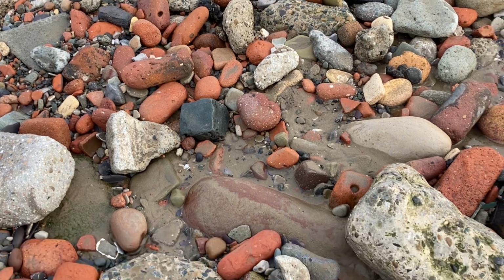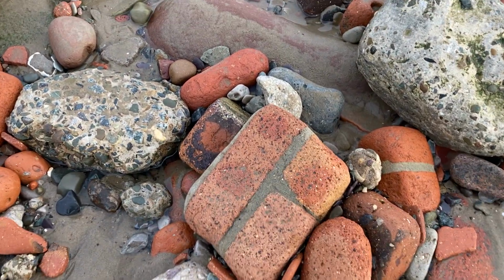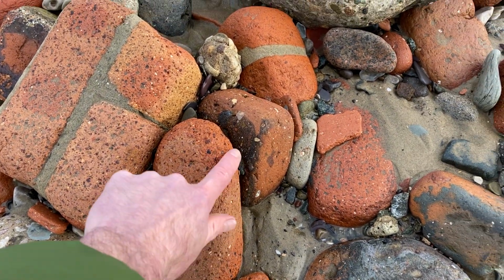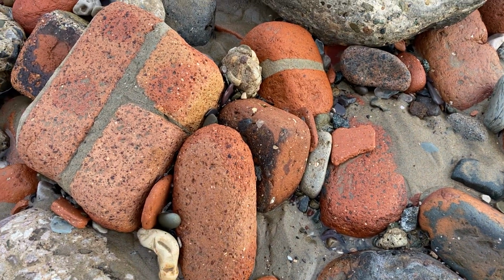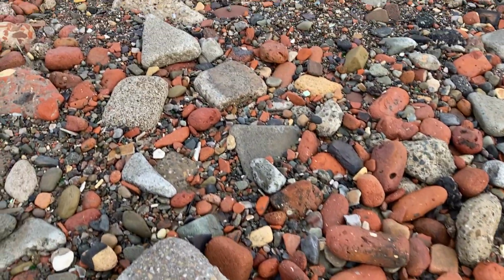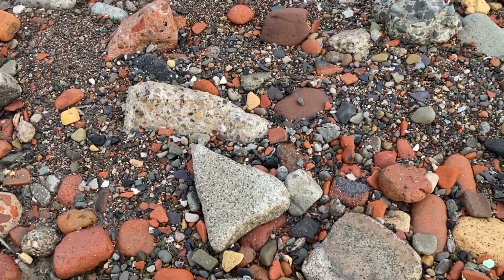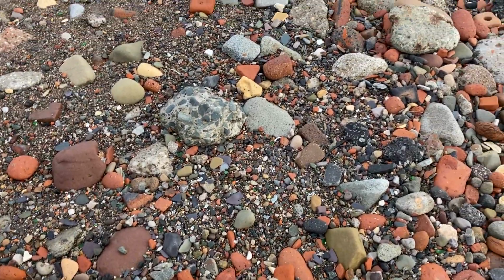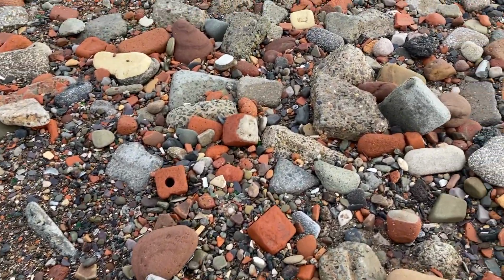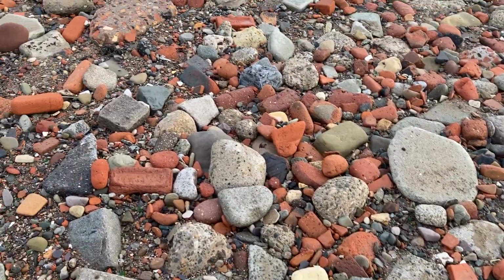And you can see it's just all sorts of different bricks and rocks. This would have started off life as a brick, but you can see how it just smooths out over time with the tidal and weather erosion. People have been on here on calmer days and found gravestones and memorial plaques. There's all sorts of rubble that's been dumped here because all the bombing affected not just houses,